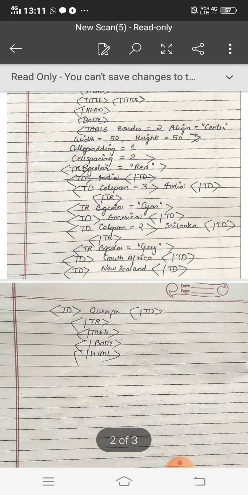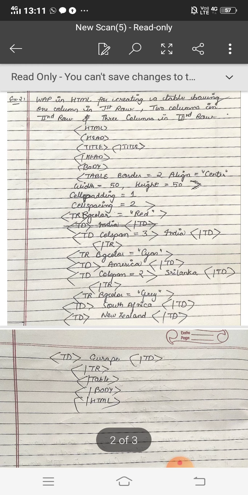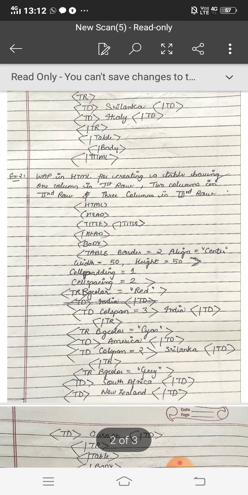In the first row we expanded td to 3 columns. In the second row we did not expand the first data, we expanded the second column into 2 columns. In the third row we need 3 columns, so simply we will add 3 td with 3 texts. We will have the example here. Afterward tr off, table off, body off, html off. So here is the example with the use of the colspan attribute.